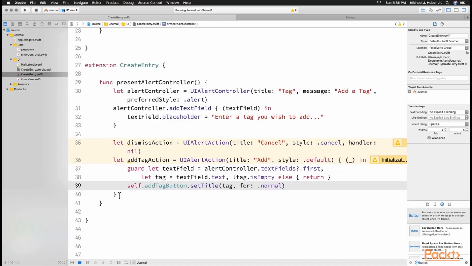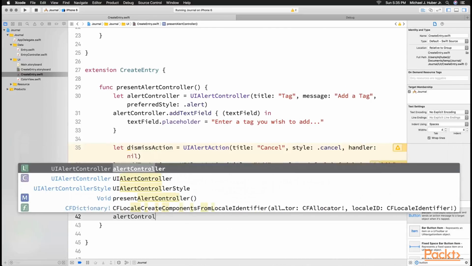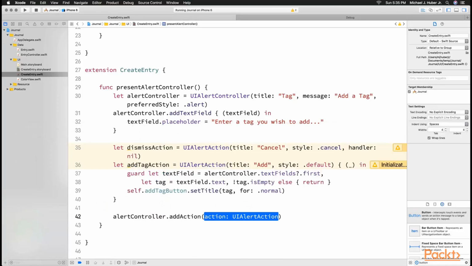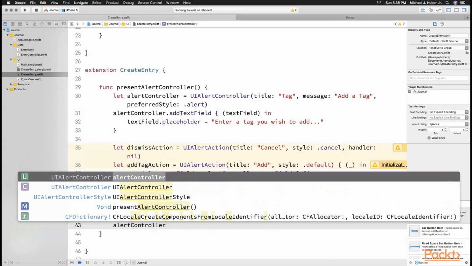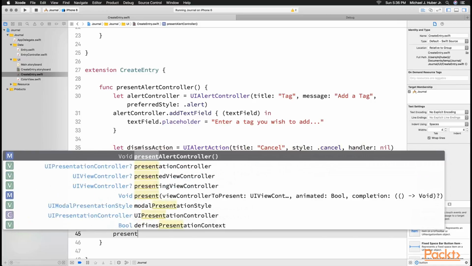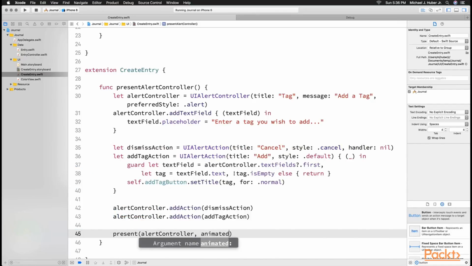We're not done though. We need to exit that closure, and we need to add these two actions to our controller with addAction. So we want to add the dismiss action, and we want to add the add tag action. And lastly, we want to present the actual alert controller. So we can say present alertController, animated true,